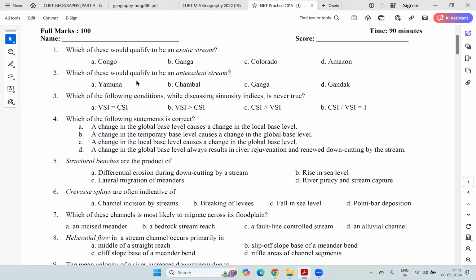Then what is an antecedent river? Which of these is an antecedent river? Mone rakho, an antecedent river is one that cuts across the mountain range. Okay, it is older than the mountain range across which it cuts. So which one of these is